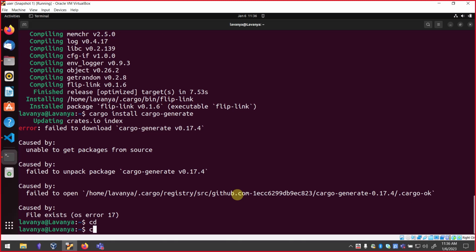CD space, change it. Home slash home. CD, there's no space. CD space slash home. Okay. Copy that above it is showing, right? Failed to open path it is showing there. Yeah, just copy till